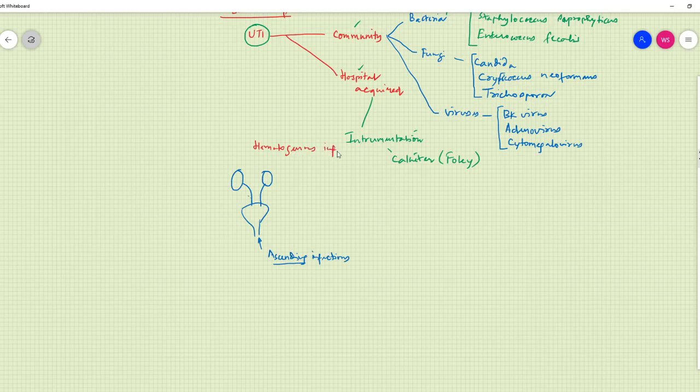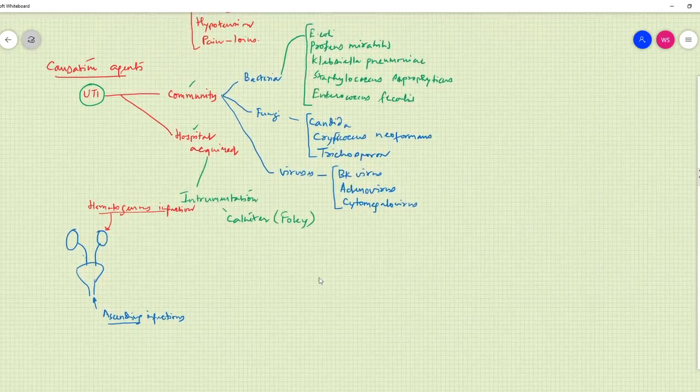Hematogenous infection. So from the blood, it can enter into the kidney, and then it can come down. It can enter into the ureter and bladder, and subsequently the urethra. So there can be a hematogenous infection as well. Okay. So the important thing to remember here in the community acquired infections is usually